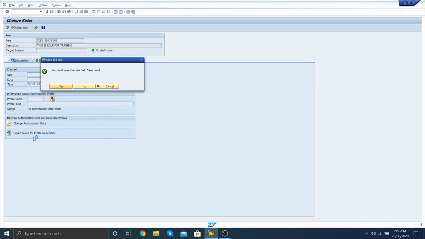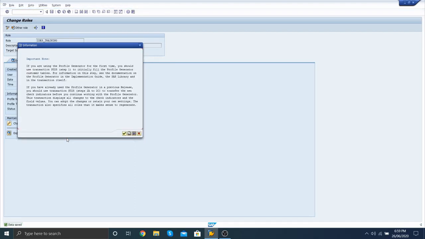In expert mode for profile generation, you can change and generate the profile manually if you are at expert level.